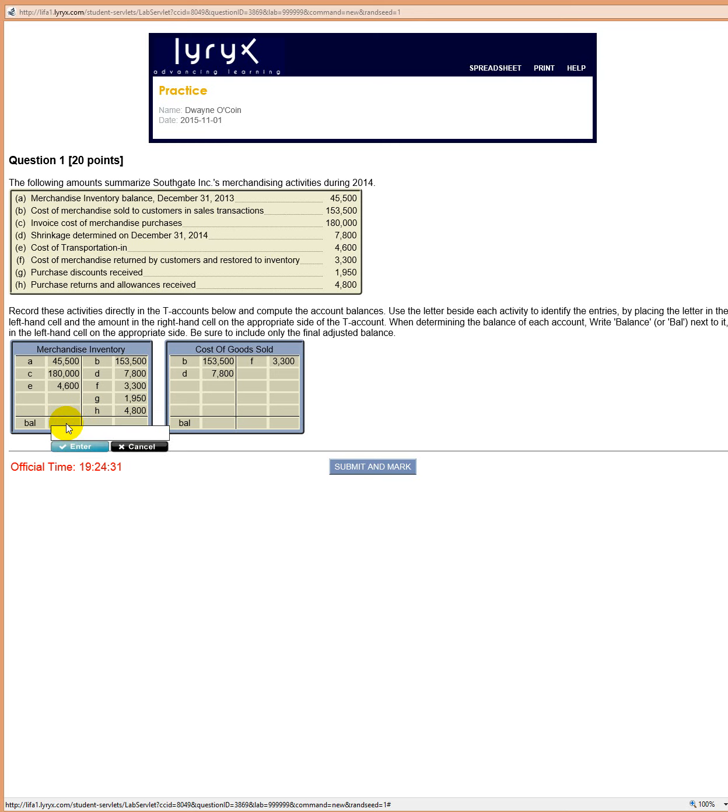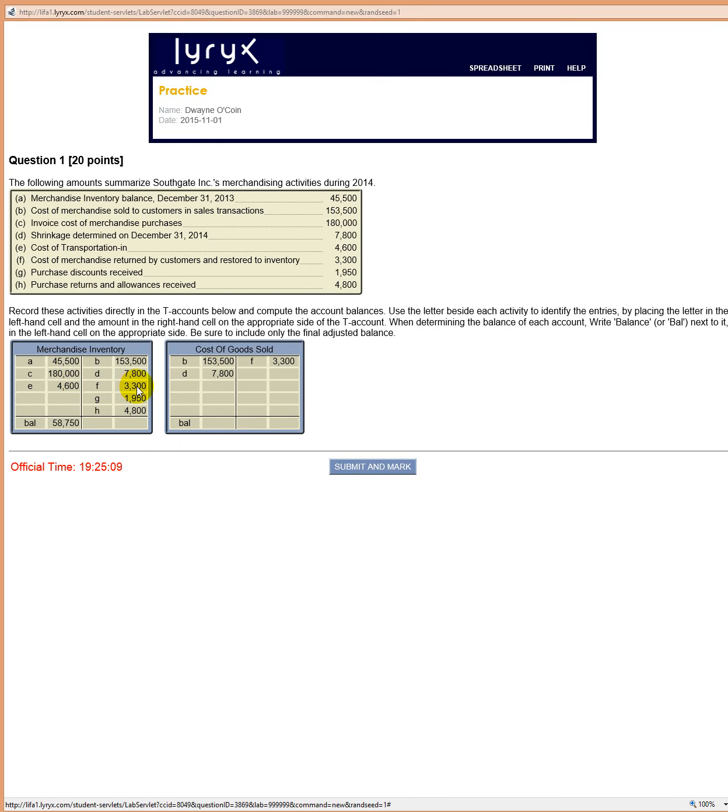Now we need to add all the debits together. And you can subtract all the credits together if you like, or you can subtract them individually, which is what I'm going to do. So 58,750, that makes sense. 45,500 plus the 153, or minus the 153 plus the 180, minus the 7,800 plus the 4,600,